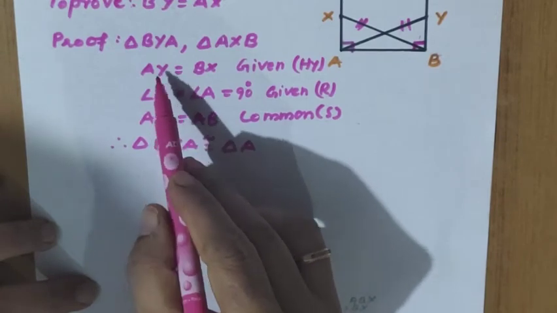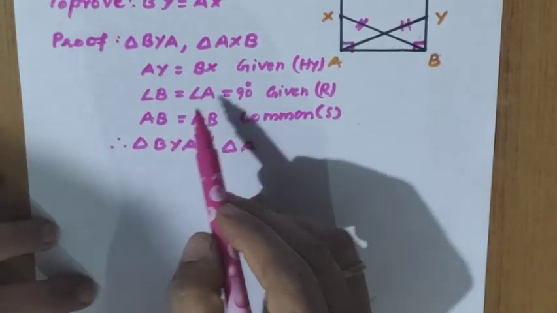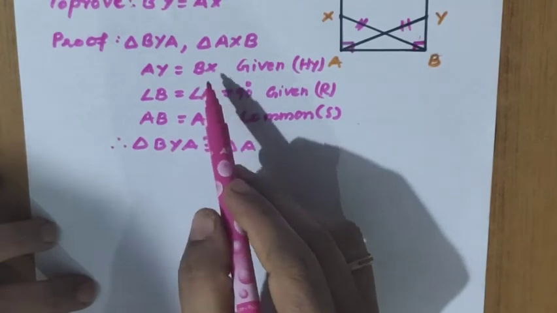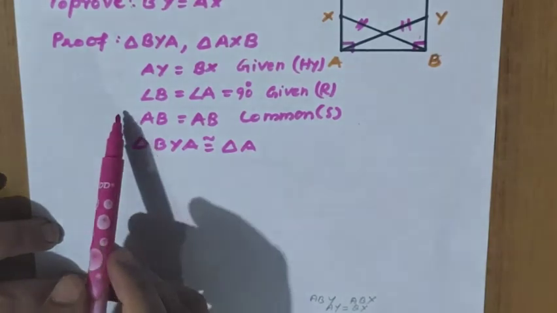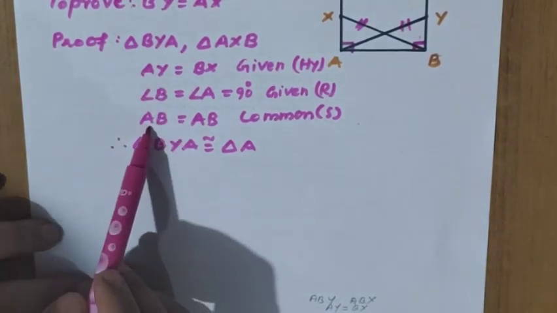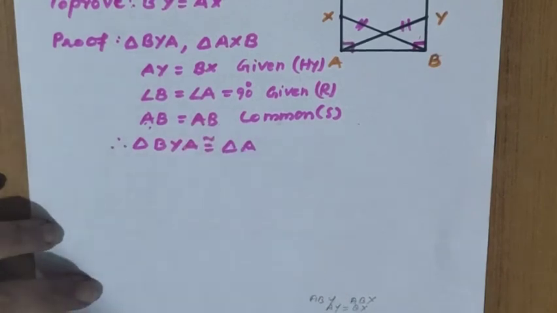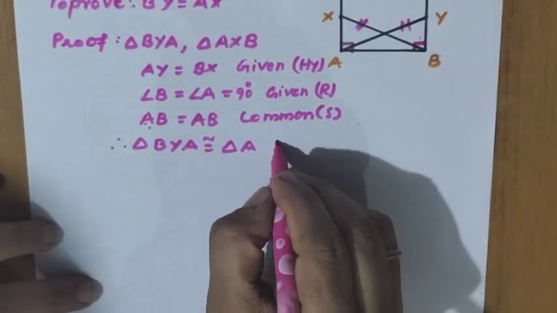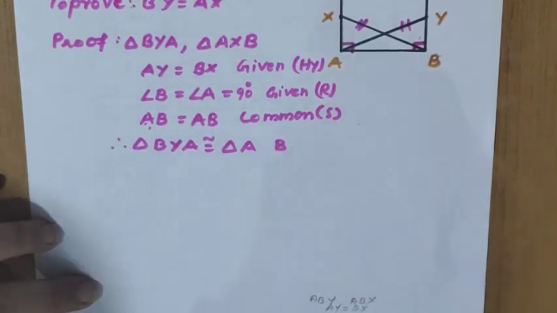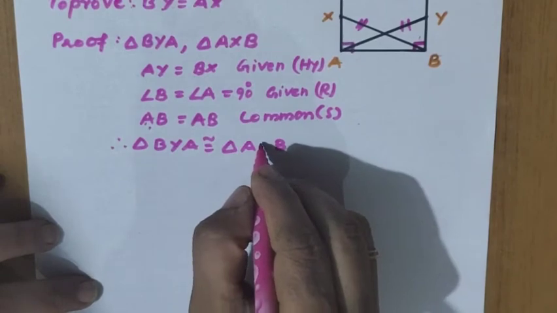So what is the common here? AY and AB. Which letter is common here? A. Similarly BX and AB, which is common here? The first statement and third statement you see. That is AY and AB. Which letter is common? A. Similarly BX and AB, which is common? B only. So for A it is B only. So we will write here AB. Now which letter is left here? AB we have used. It is X only.